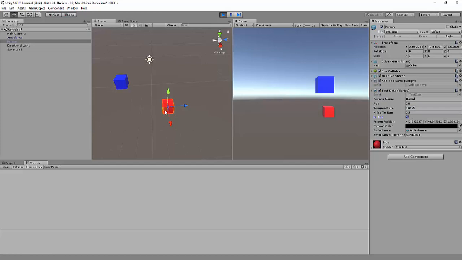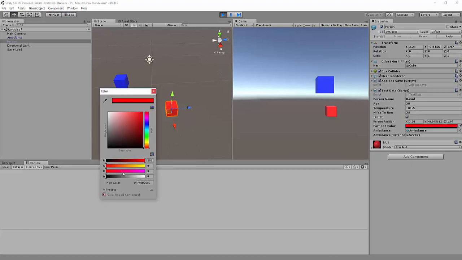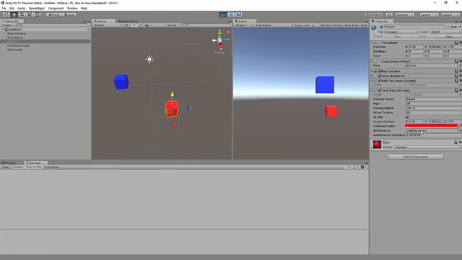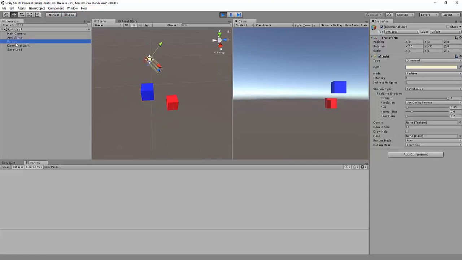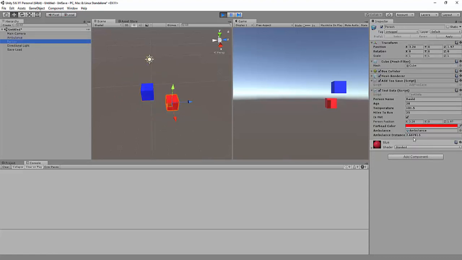Person position, so we can change our position, and it'll save it. And our forehead color, obviously if we're hot, our skin changes colors. So I'll just make it solid red with an alpha of 255. Obviously we got our ambulance reference and our ambulance distance. Okay, let's change the distance to something. Let me do the ambulance itself. I'll move it closer. Alright, now as you can see, our distance is